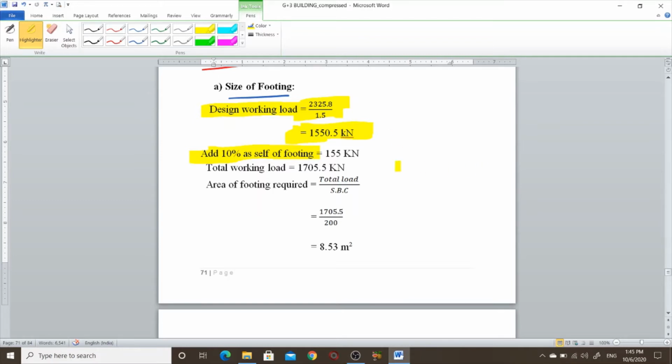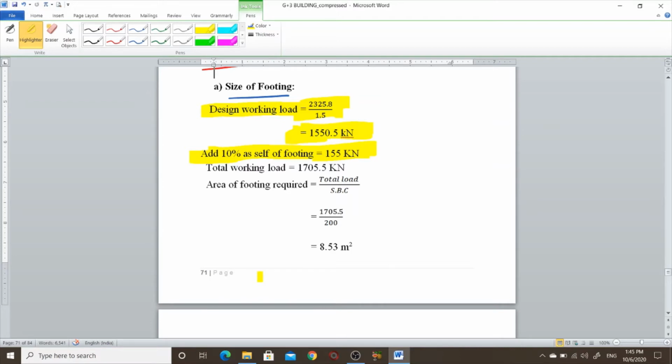So here 1550 kilonewton is the working load on the footing by the column, and 10% of it is 155 kilonewton. This load is the footing self weight.